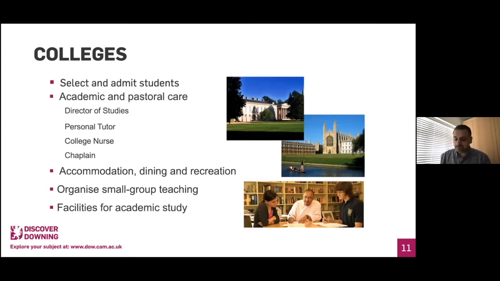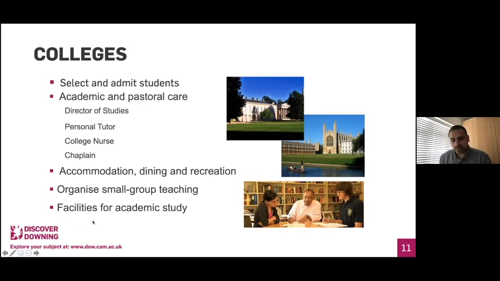Typically, you will be getting together with an academic within the college, and they'll be getting together with you in small groups of maybe 2 or 3 students, and in some cases individually, to go over some of the content that you have covered in the department in your lectures, and to make sure that you've understood the material that's been taught to you, and then question and go through more problem sheets, maybe some past papers, maybe some set essay work, and give you feedback on where you could improve on your writing skills or answering the questions that you've been attempting through supervisions.